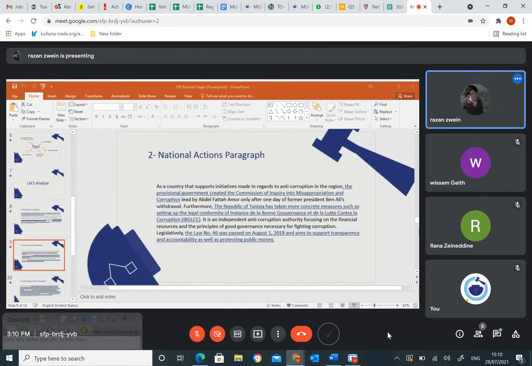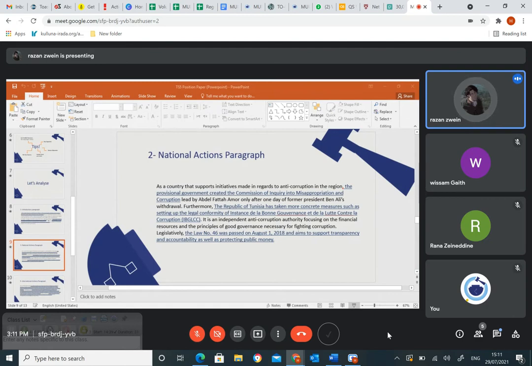All right then. We'll move to the recommendations paragraph. So this is the most important paragraph of your position paper. This is what your position paper comes to. This is where the chair sees, are you deserving of an award or are you not? Are you actually well researched? Can you think about this critically? Can you come up with solutions? Because